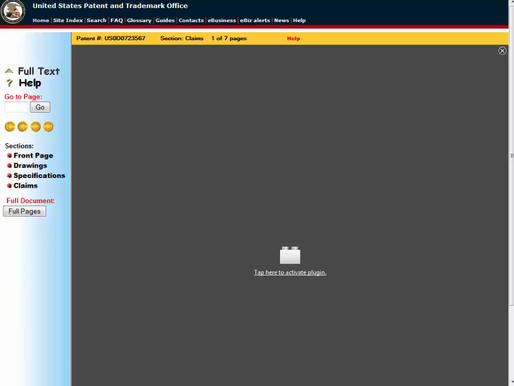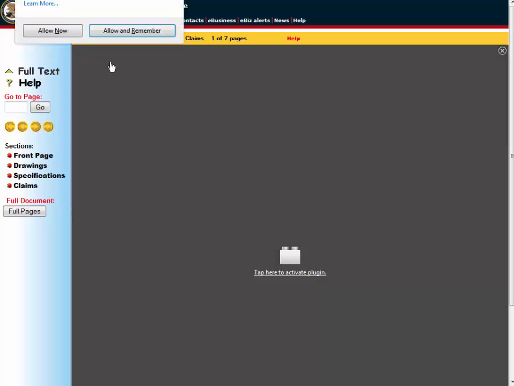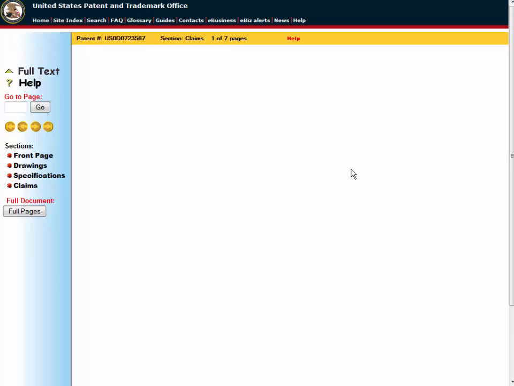Notice that I'm actually not seeing an image. And this is a problem with most browsers that I've ever used and the USPTO's website. They require some kind of plugin before you can see them. So this one says tap here to activate plugin. I've also seen ones where you need to download something. So we're going to tap on that. I wanted to show you the process so that you won't feel that you're doing something wrong if you run into this when you do your chance at searching this database.